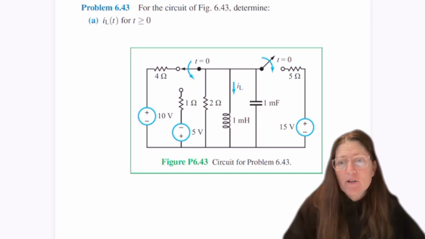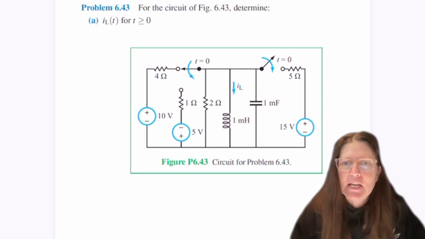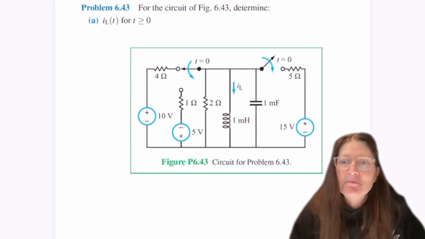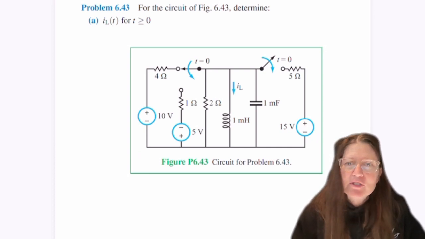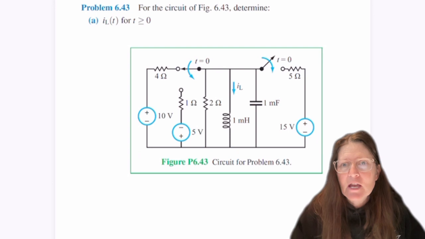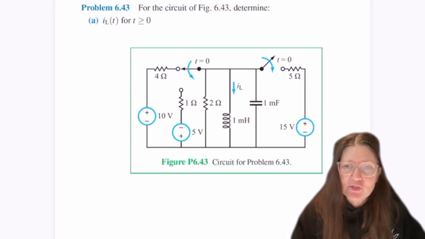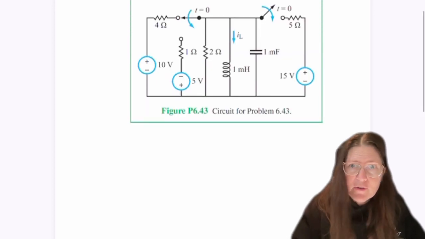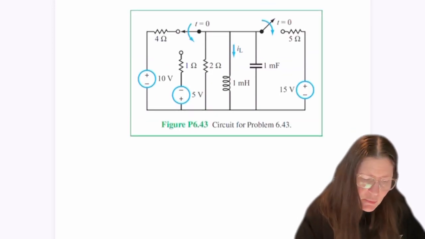I'm going to go over another example for parallel today. Here you see a little bit more complicated circuit with several sources in it and a couple of switches. The first step is still to put it into the final configuration of where the switches are going to be, and then look at the connection between the capacitor and the inductor. So for the final circuit, we will have,